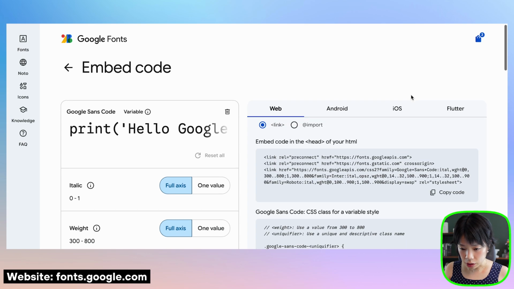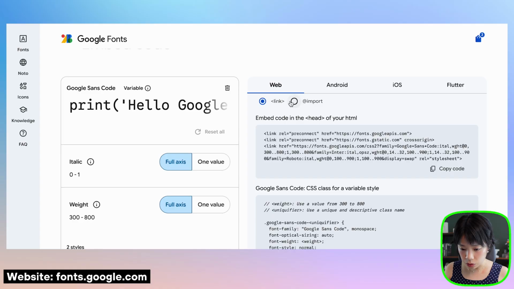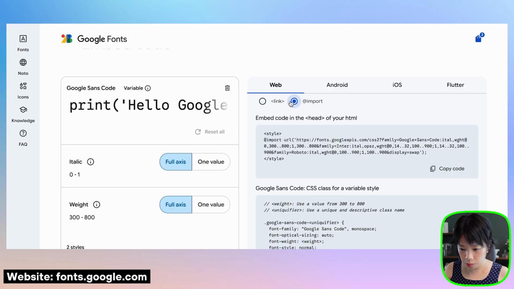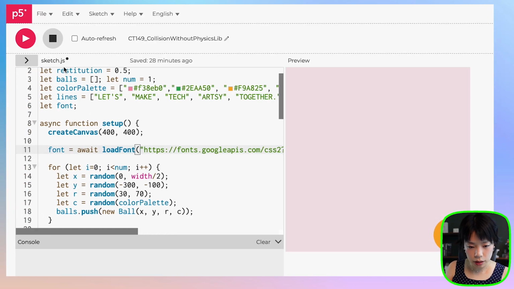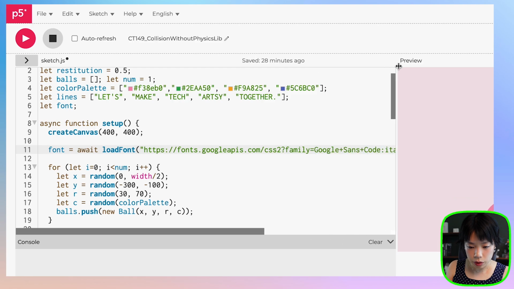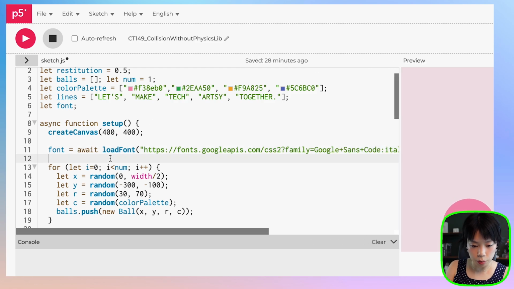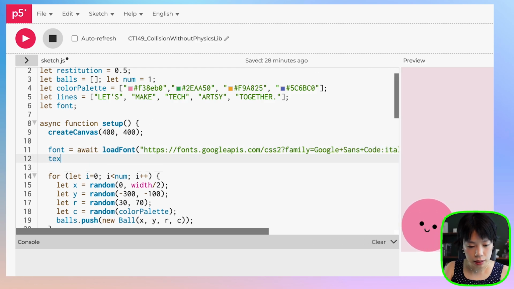And now what you can do is go to import, and basically you just want this URL here, from where the quotation starts and ends. So this one here, this part. And I already have the font that I want to use, so I'm going to actually use that. All right, and I click run. It still works. Next, what we're going to do is, how about we set text font